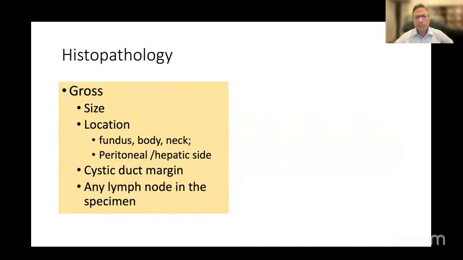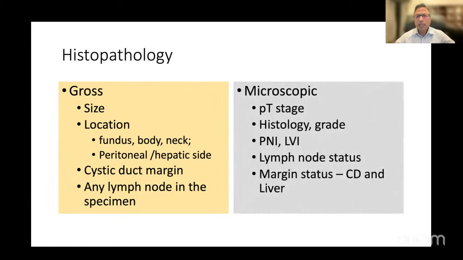And in these situations, if now in retrospect, any evidence of suspected dissemination is there, should also be recorded by the referring surgeon. The histopathologist has a great role, and you need to get all this information of size, location, if possible, the cystic duct margin, and if the cystic lymph node is there in the specimen, is it positive or negative? And of course, the microscopic T-stage, histology grade, PNI, perineural invasion, lymphovascular invasion, as I said, cystic lymph